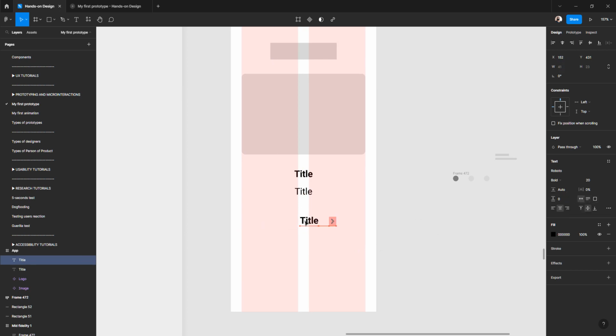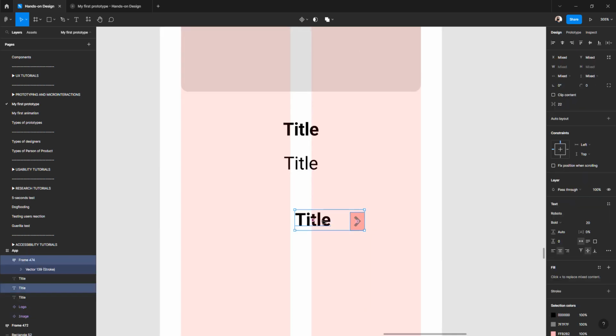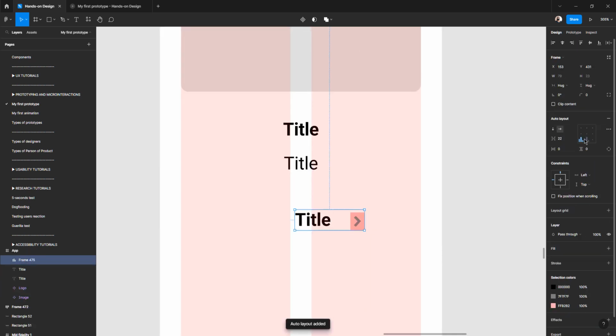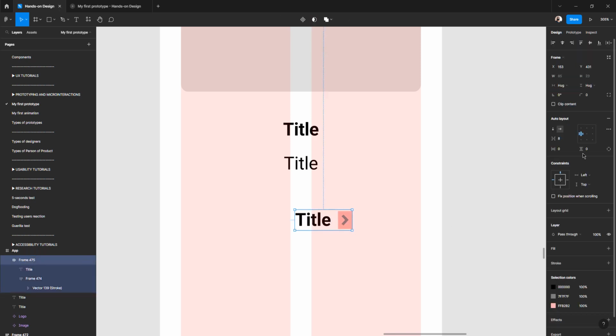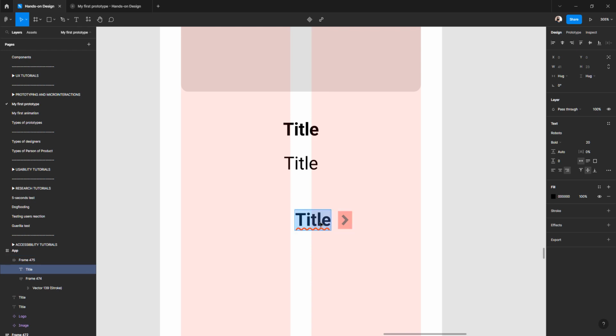I select both of them, Shift A to make an auto layout. I go here, centralize. The distance will be 8. I click twice here and I change the alignment to right, because when I type something, oops, not this way, I have to change more things. I will select it here, and here it has to be right, because when I type things here, not yet. Alright,